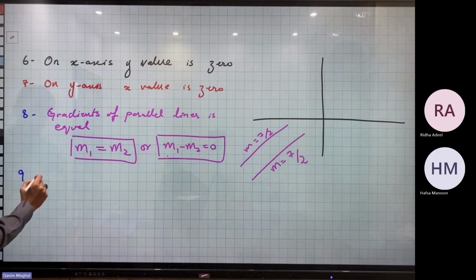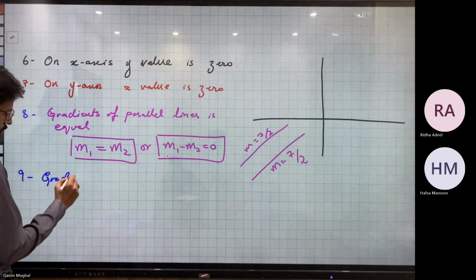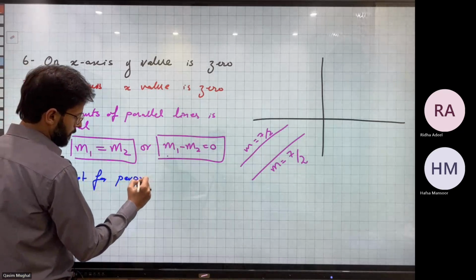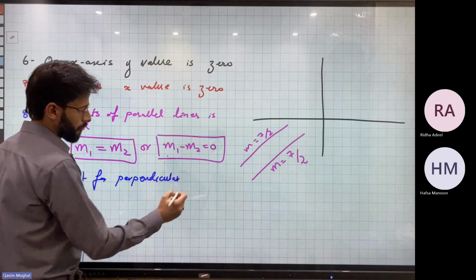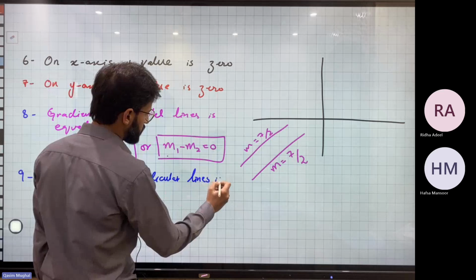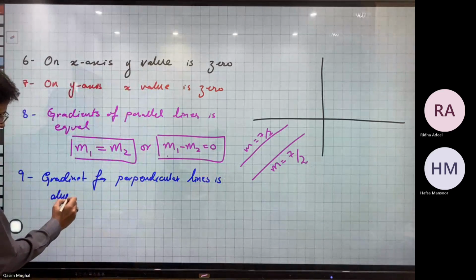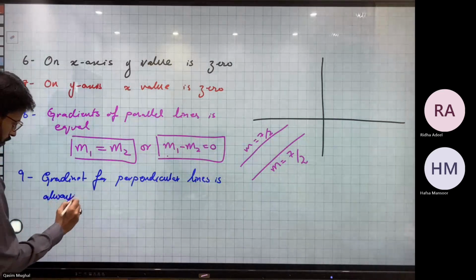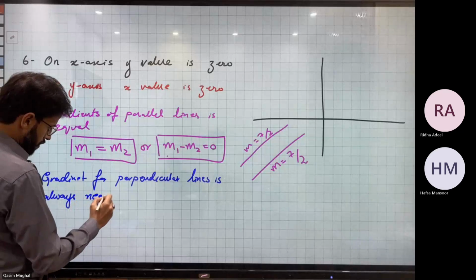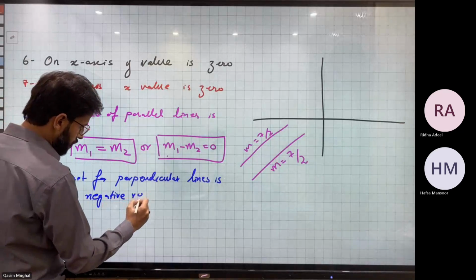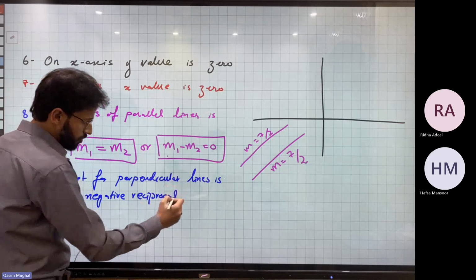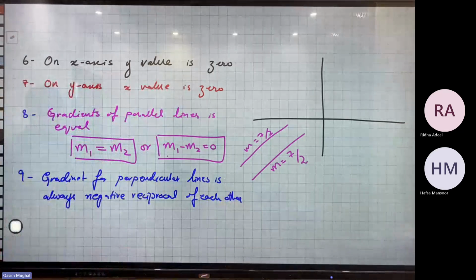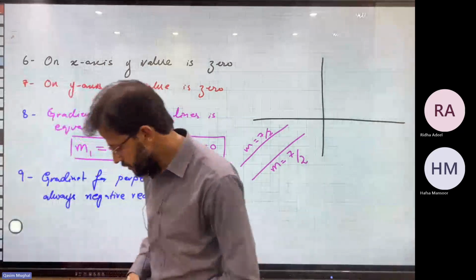अच्छा, next information है for perpendicular lines. Gradients of perpendicular lines are always negative reciprocal of each other. एक दूसरे का negative reciprocal होते हैं. So for example, if I have a line whose gradient is